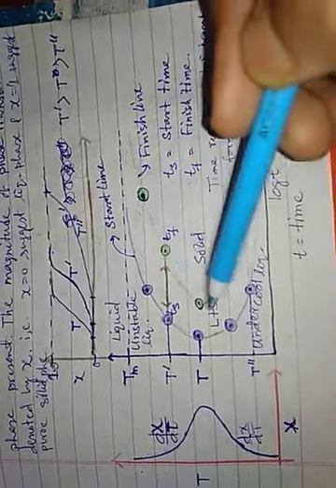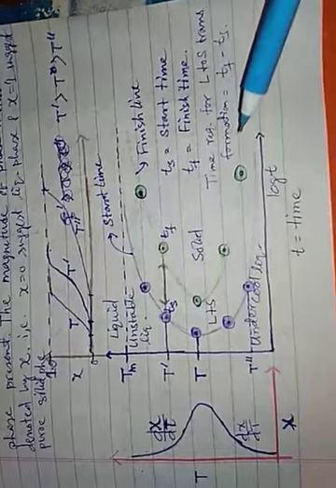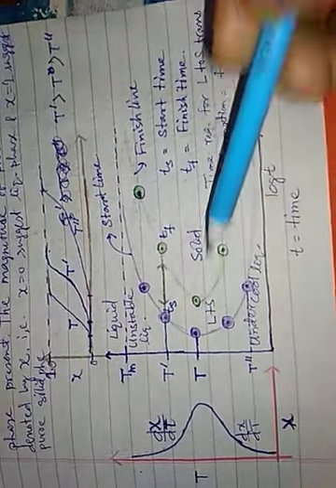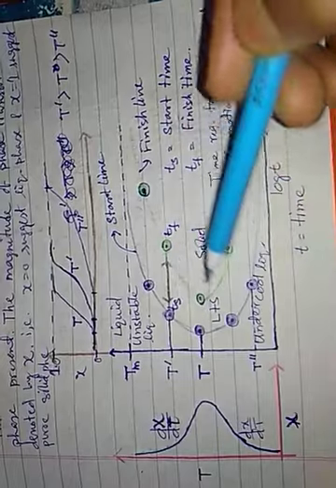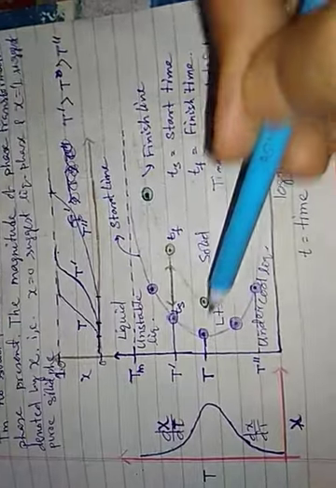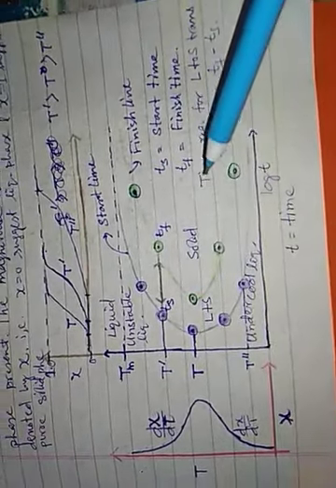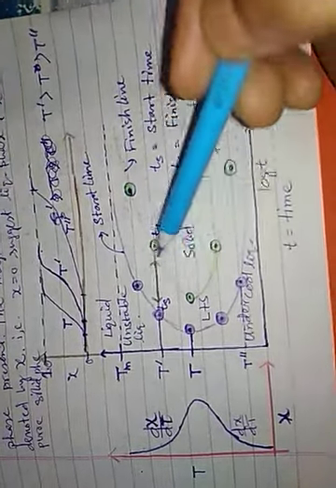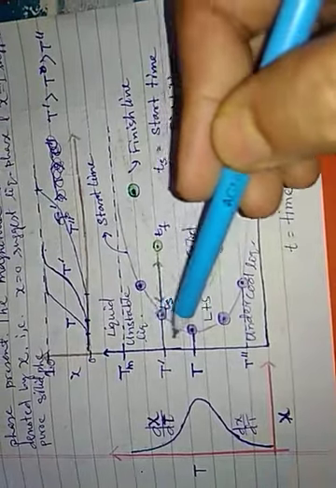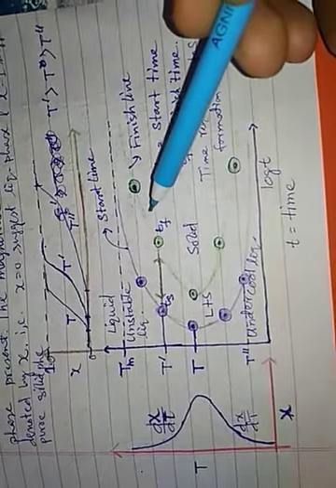These two C type curves have a minimum difference, a minimum between TS and TF value at this notch. So this region is called the notch of the plot, and at the notch the time required to finish the liquid to solid transformation will be smallest. Otherwise, when you are moving to lower or higher temperature, then my time for liquid to solid transformation is increasing.